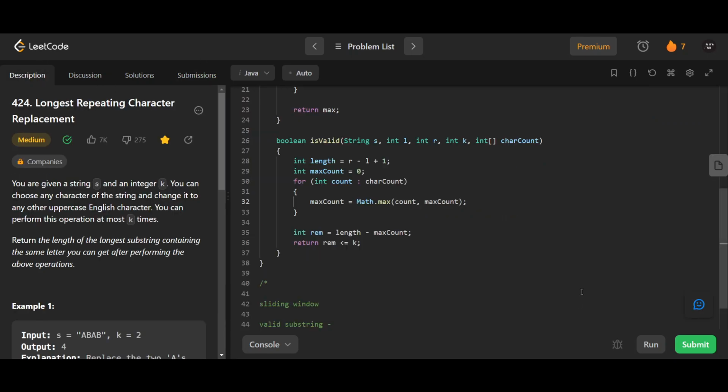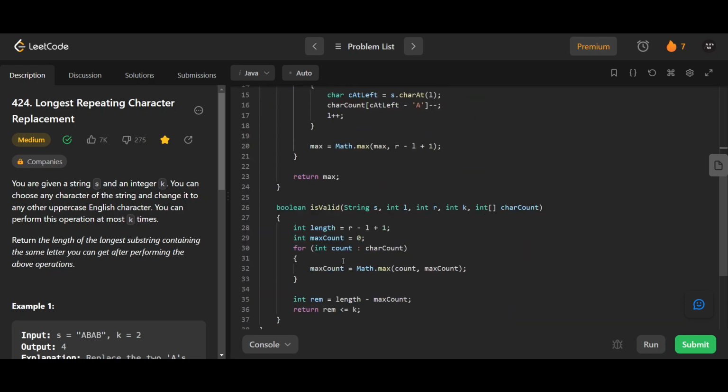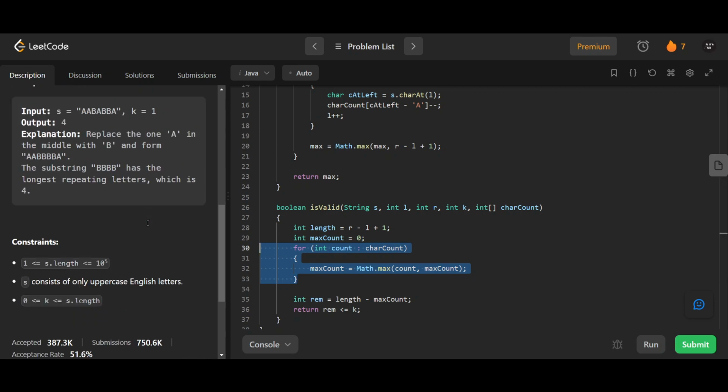Now, talking about the time complexity, so essentially here we are doing the sliding window, which we can clearly know would be linear only. But within the sliding window, for every window, we're calling isValid, and isValid has this loop, which is going through all the characters, and the number of characters is well fixed at 26. So essentially it's 26 times n, right? 26 times 2n, so 52n, but overall linear. There's a slight optimization